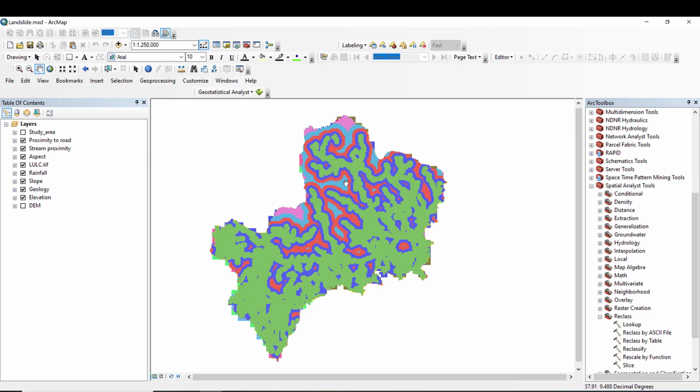Welcome to GIS2. Today we are going to see how to map land vulnerability assessment using the previously produced thematic geospatial layers. So we have proximity to road, proximity to stream or rivers, aspect, land cover, rainfall, slope, geology, and elevation. We have 8 criteria to evaluate land susceptibility or vulnerability assessment of a certain